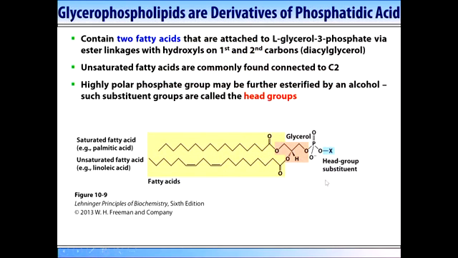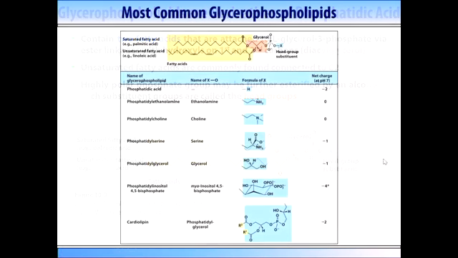If we remove the phosphate, it would be called diacylglycerol, similar to triacylglycerol, but acylated at just two positions. Okay. These are the most common head groups: ethanolamine, choline, serine, it can be even glycerol, or even more sophisticated ones like sugars. As you can see, most of them are charged or polar. For example, ethanolamine or choline carry the positive charge at the terminus. The net charge, when you combine it with the negative charge of the phosphate group, turns to 0. But the group by itself is charged.